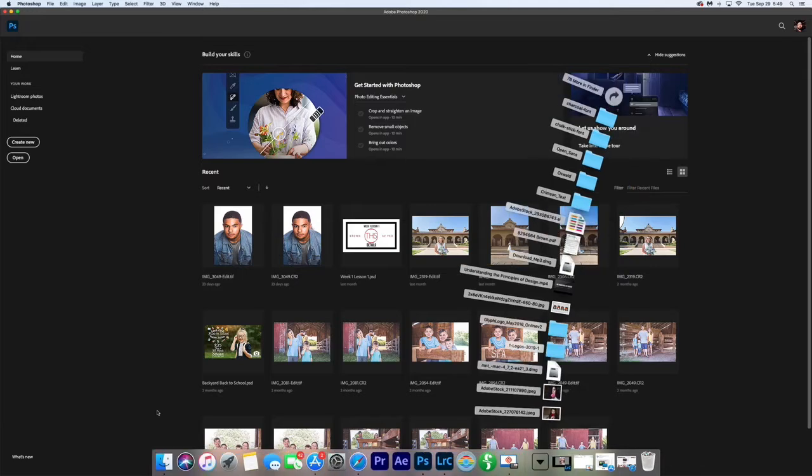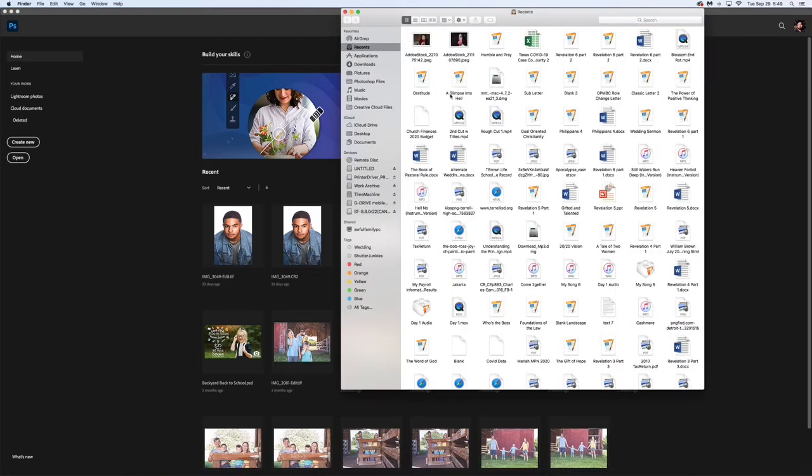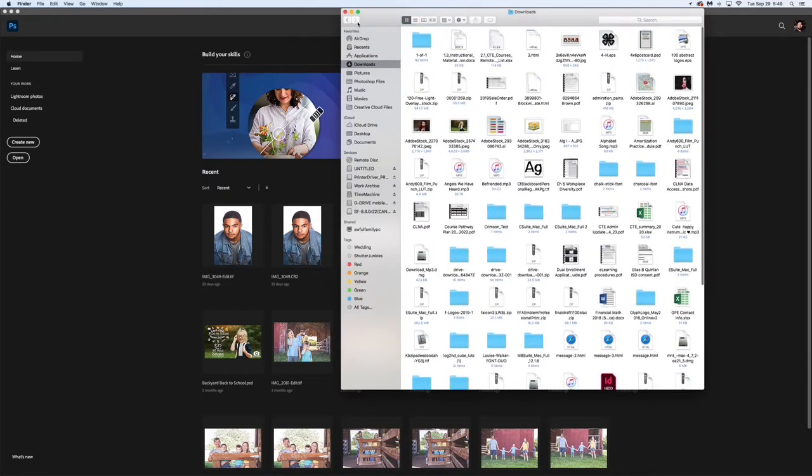If you do not have a downloads folder on your dock, right here is your Finder. So you can click Finder, and it's going to bring up a window. And this is all the junk on my computer. And you should have a folder right here in your favorites named Downloads. And if you click that, it should just pop up with your recent downloaded files. So what we're going to do is